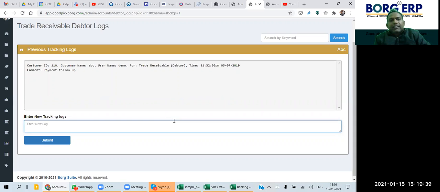That way the business owner or CEO also comes to know that follow-up is being done in a proper way. Correct. So this option is also available.